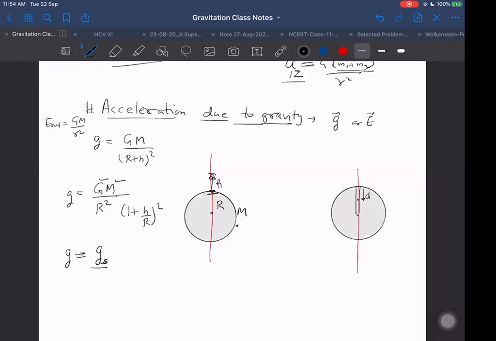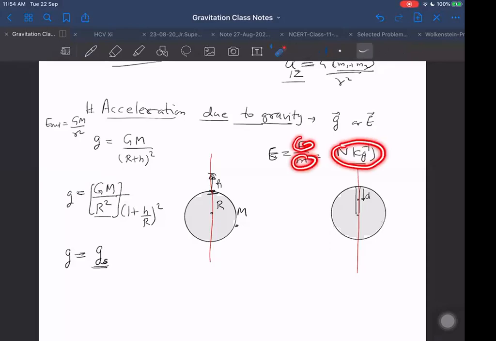Even if I remembered, I would not waste time calculating G times M and dividing by r square, because I may end up committing a mistake. So I will not find it that way. I directly know that it is the same as g at the surface, which is 9.8 meter per second square, or I can write it as force per unit mass. If I write it as a field, then I don't call the unit meter per second square; I should say the unit is Newton per kg. For the gravitational field, we write the unit as Newton per kg.